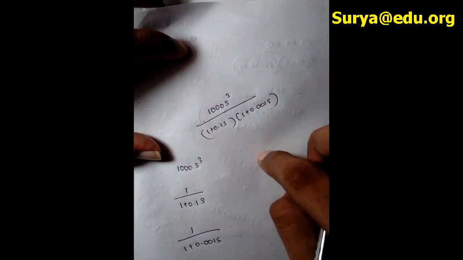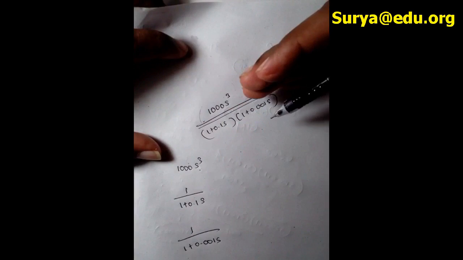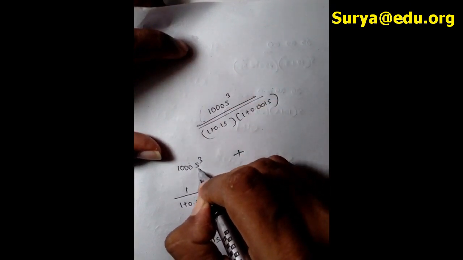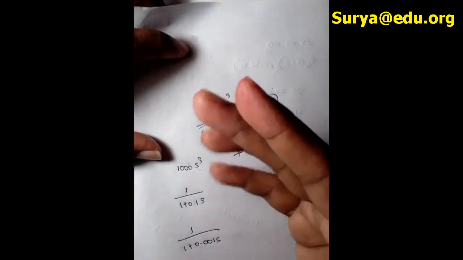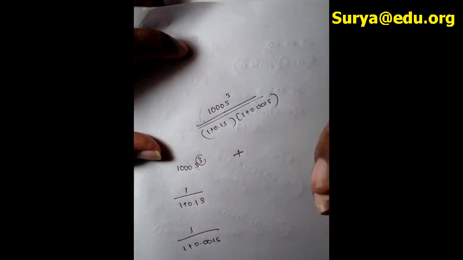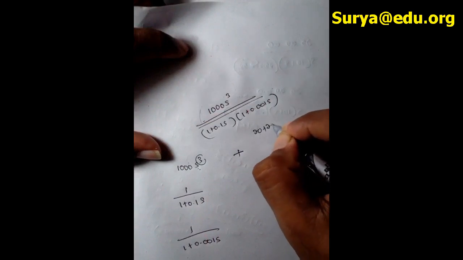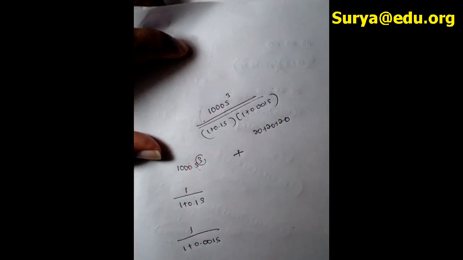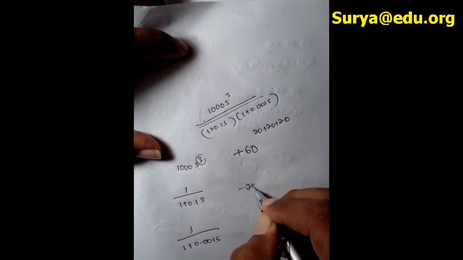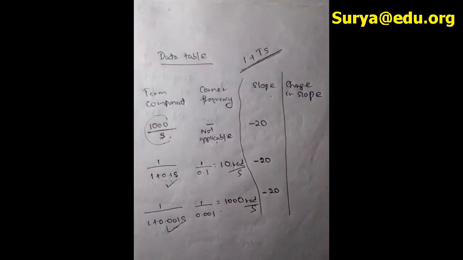Okay, so now see, this s component is in the numerator, upstairs. Because it is upstairs, just put positive. Here the order of s is 3, that means the power is 3. So for that you have to put 3 of 20s: 20 plus 20 plus 20, that means 60. Here it will be the same, minus 20, minus 20. So I think now you can understand the concept.